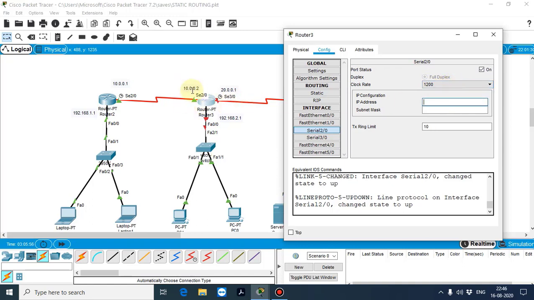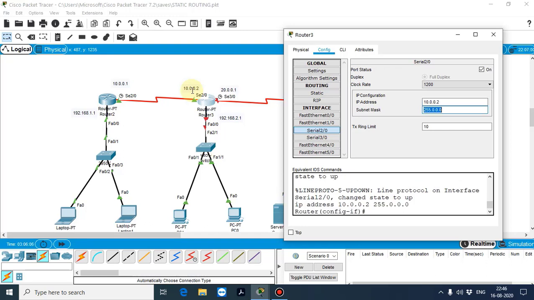Now we are going to configure this IP address, that is 10.0.0.2, and give tab. Since this network is a WAN network, the subnet mask is 255.0.0.0, right?